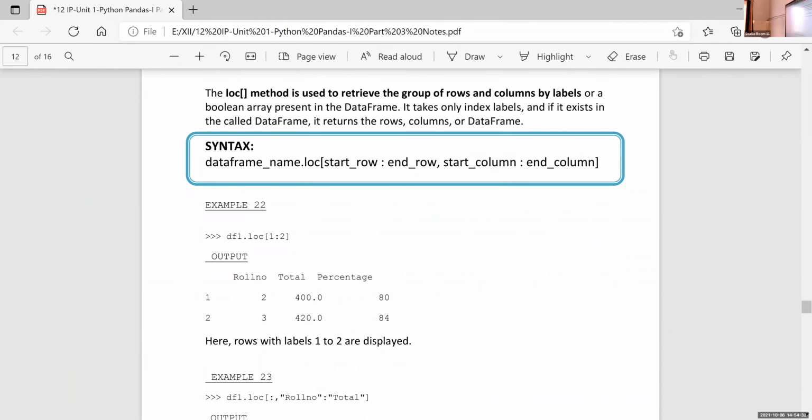For df1.loc, we just write the example, and the definition is already there in the textbook. df1.loc within square bracket 1 colon 2. Here these 1 and 2 are the row names.